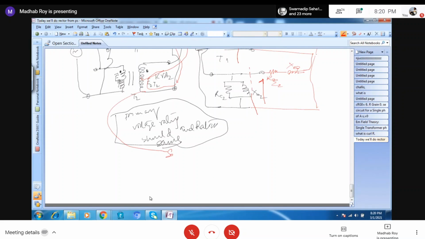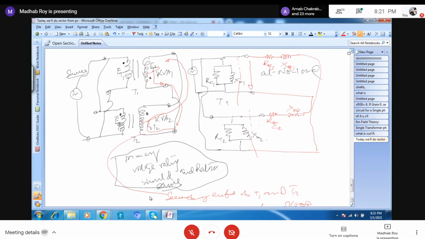The secondary EMF of T1 and T2 are in series with the local loop. Okay, and into this local loop, the drawing has become somewhat complicated, so we can avoid one drawing at least so that you can understand. So into the local loop,